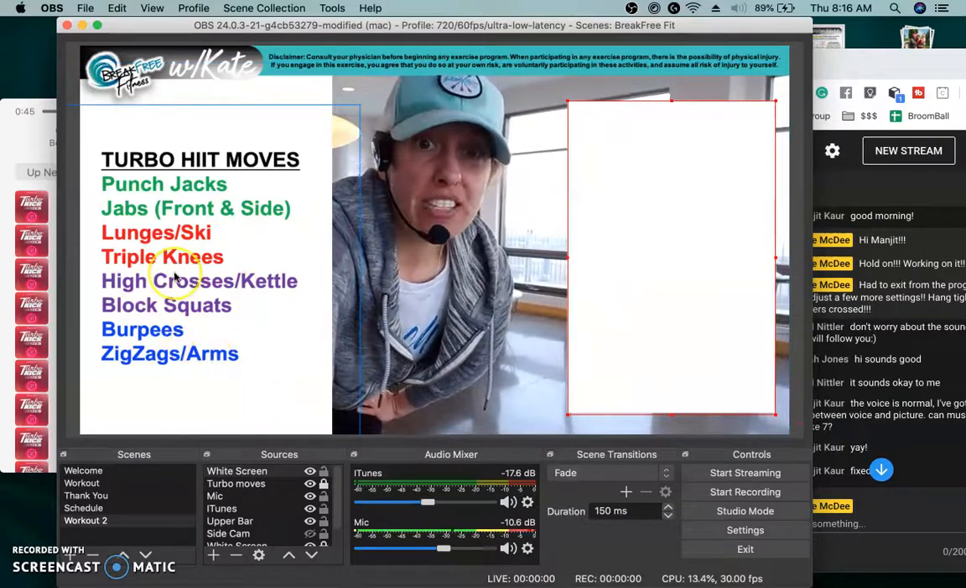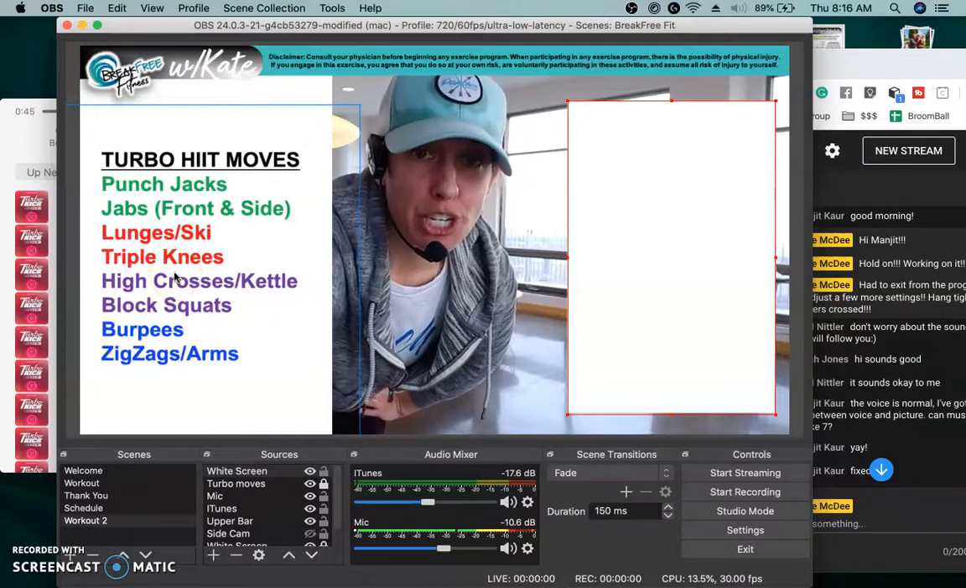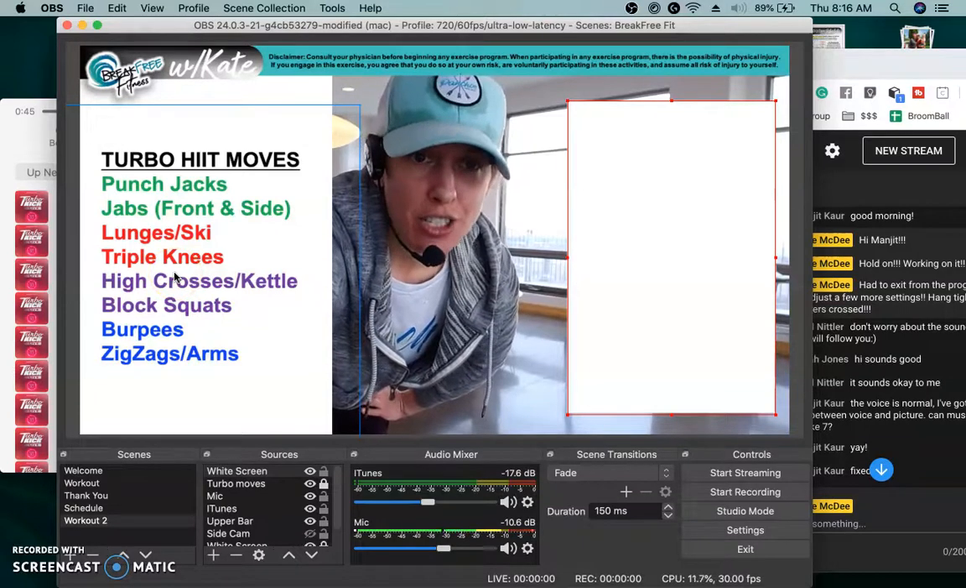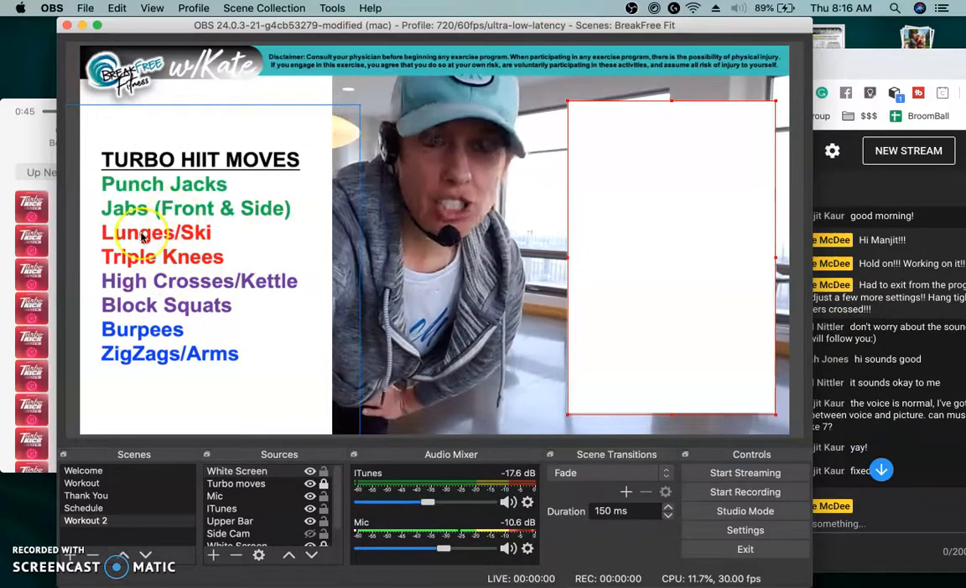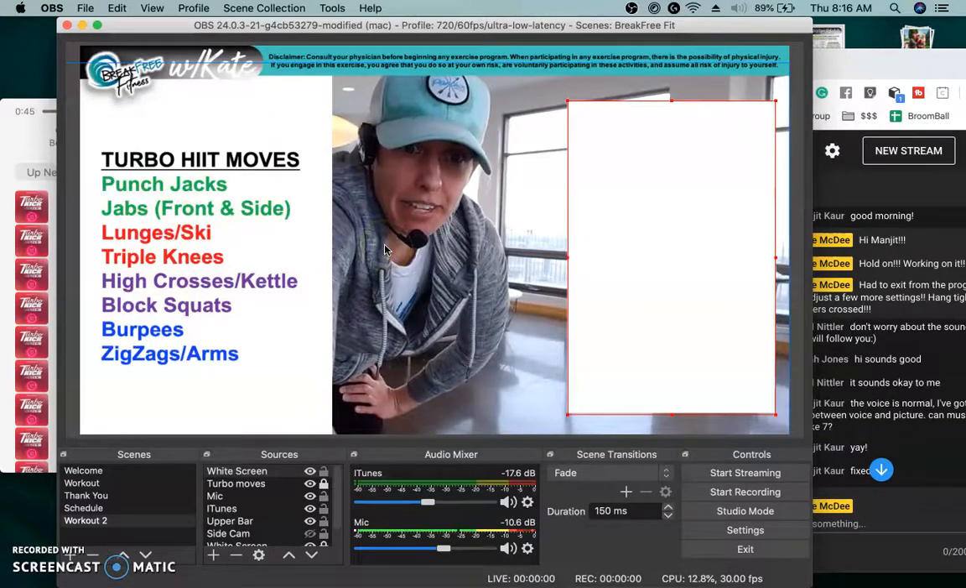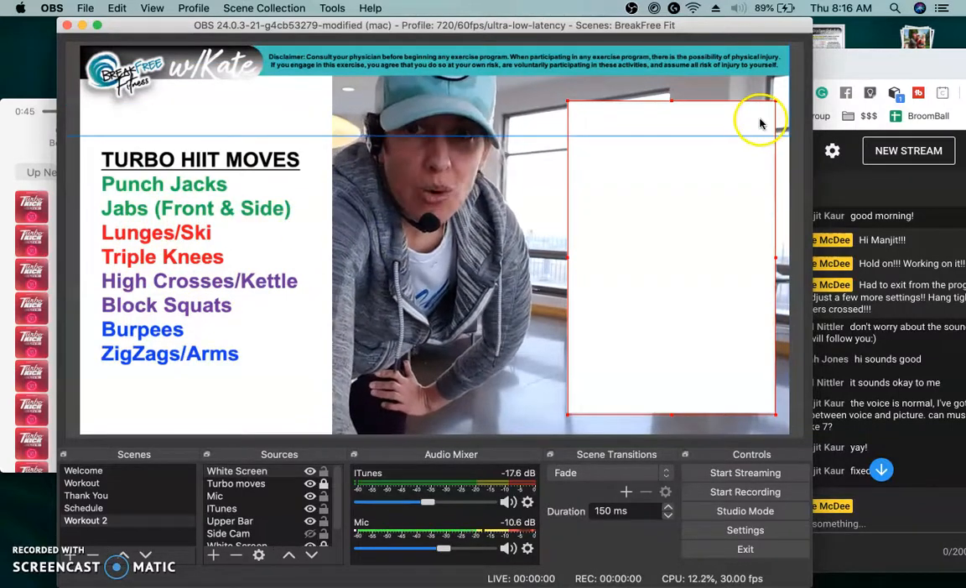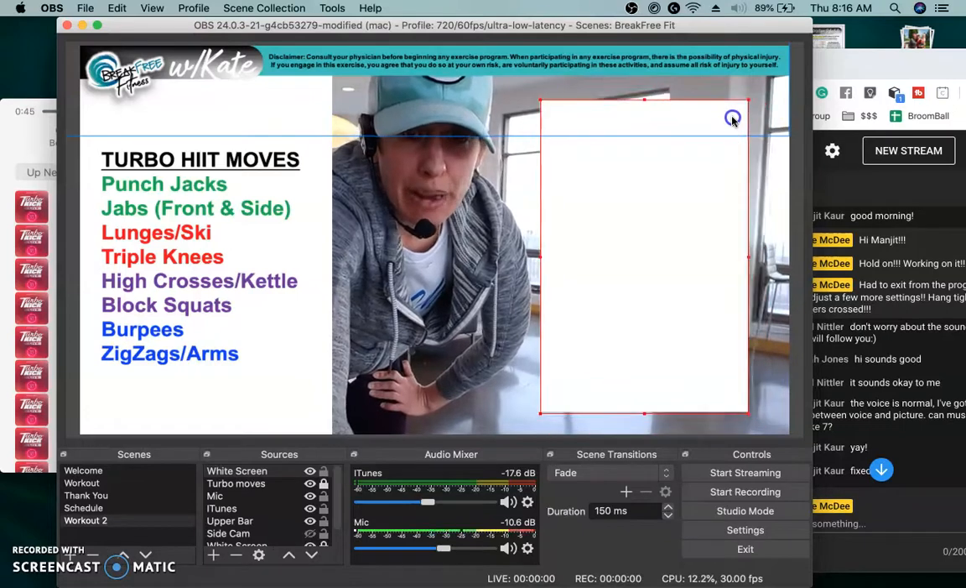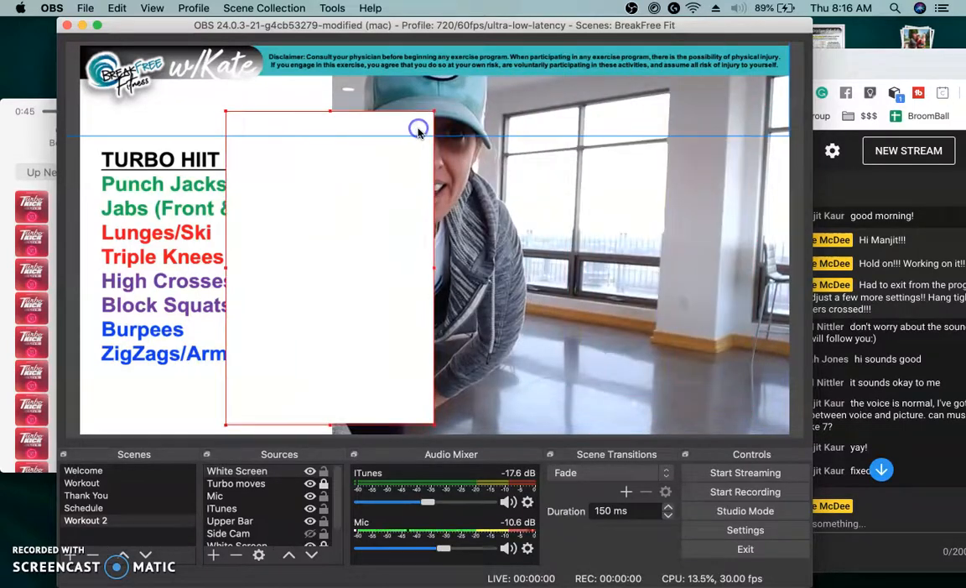This is just, I typed this out in Word and I took a screenshot. And I inserted the screenshot. So that's just sitting there as a graphic. And then during the workout, what I did is I just put this little white box in, I inserted it, and then as